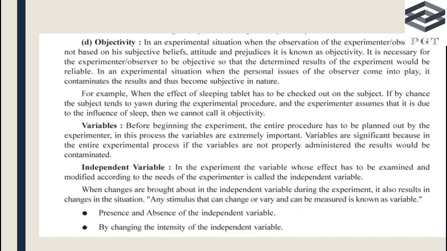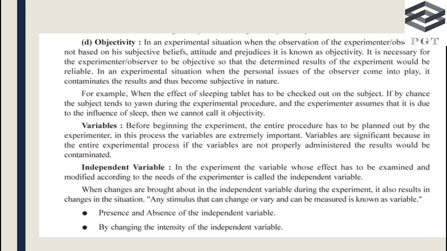Objectivity is another characteristic of an experiment that we will study. If you are having the objective, the result is oriented and you are focusing on it, and this objectivity comes in the form of output. So output is very important to understand the objectivity, the logic, and the outcomes of the experiment. There are many variables in the experiment, and the variable significance and the experimental process had become administrative. The variable differences in the procedure had been planned, but in the process the experiment had been performed, and these administrative practices had been done in the form of variable practices.